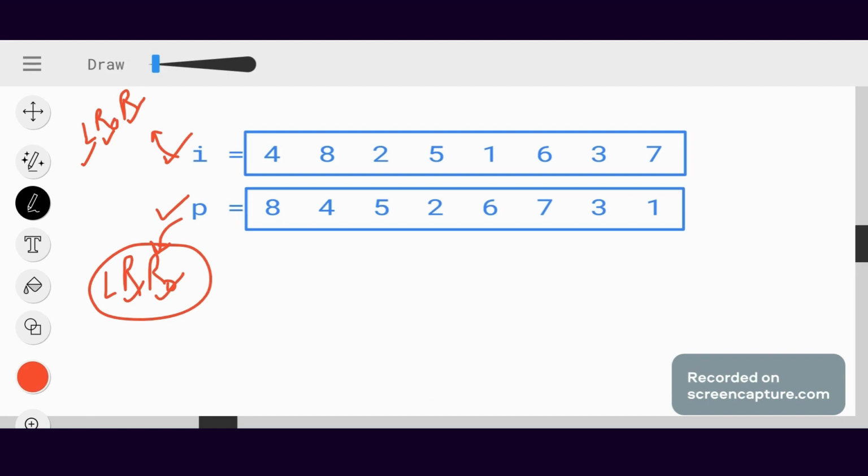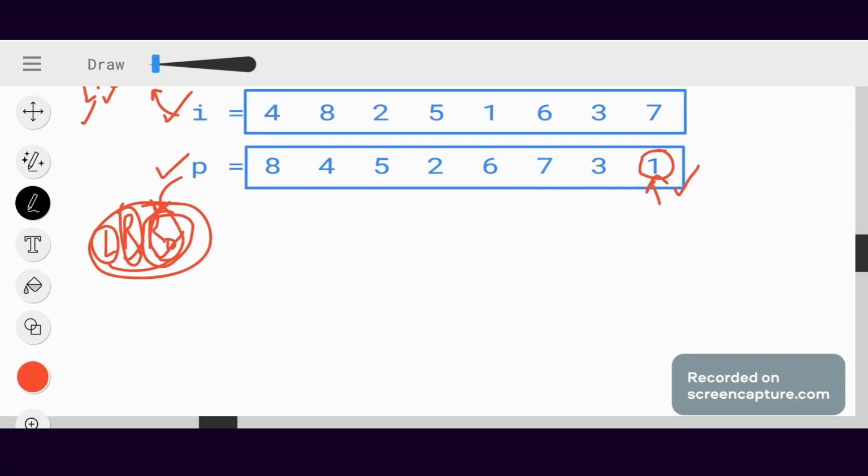So what we are going to do here is start inserting nodes into the binary tree from the last of this post order traversal. Now why last? Because my post order traversal follows the pattern left, right, root. What does this mean? This means that the root node is traversed at last in post order, which means I will get my root node at the last. So this will act as the starting point of my tree. So insert this one into your binary tree.